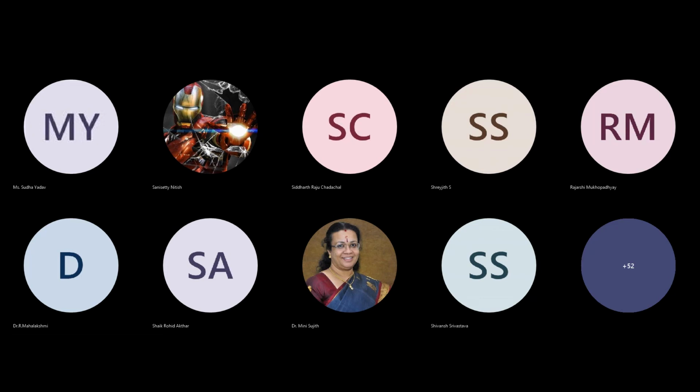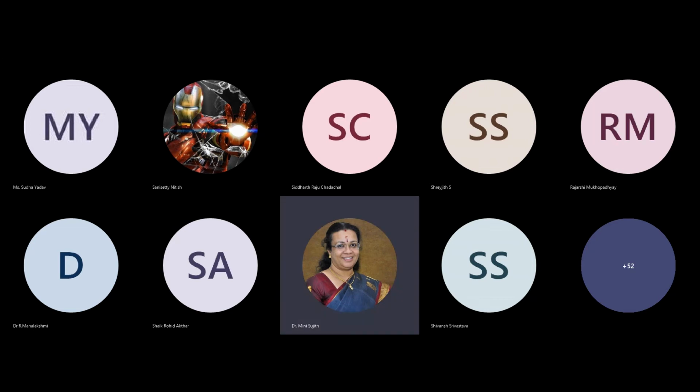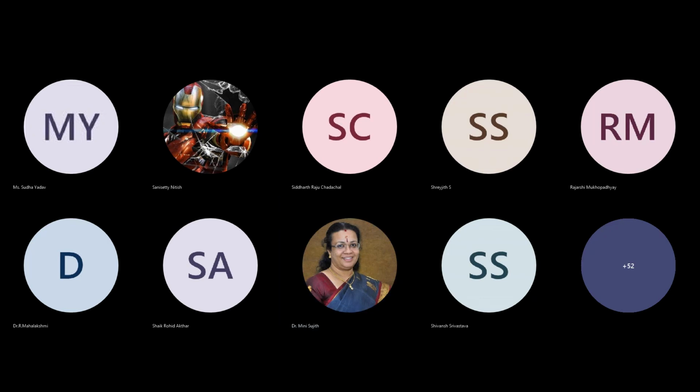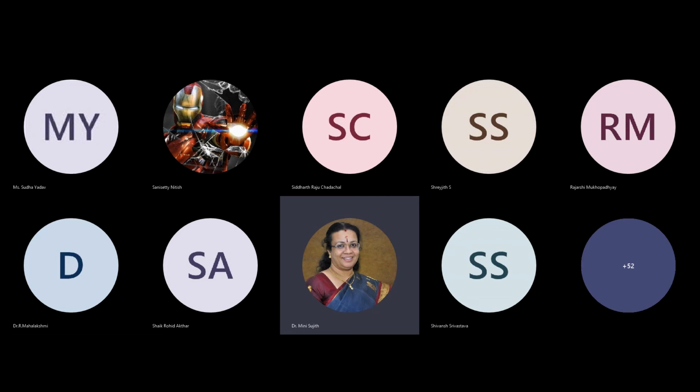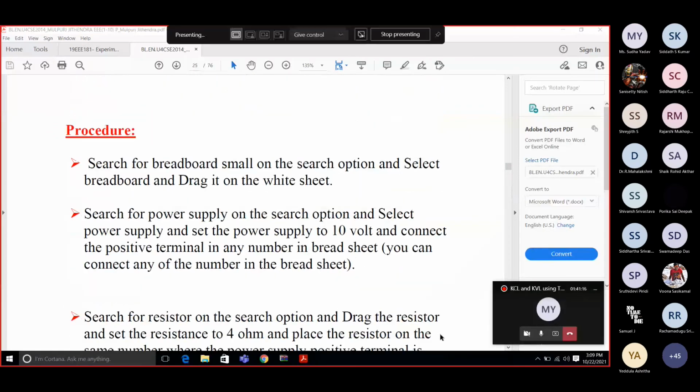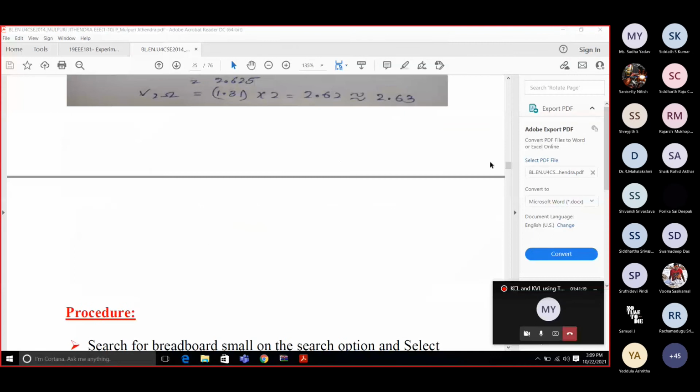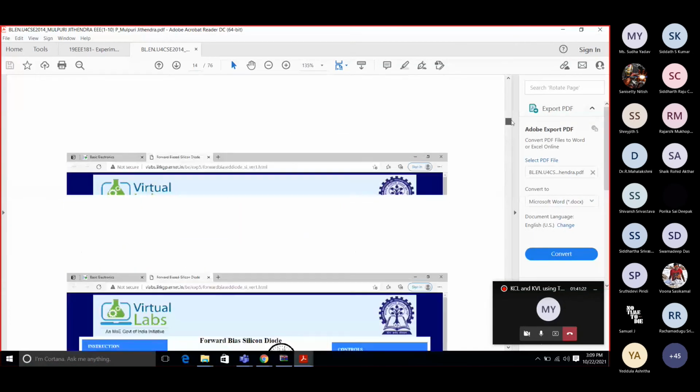So how many hands are raised? So I can share that and show the result and inference that the other students have written. Yes, ma'am. You share and tell them what they have to write. So this is the result and the inference the students have written. See. So the procedure you can write, or else you can make it also.